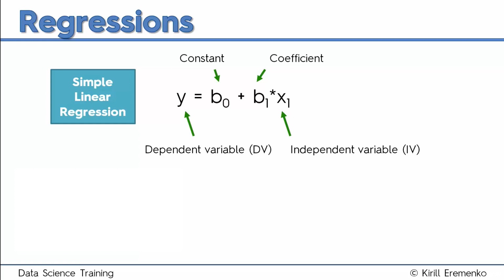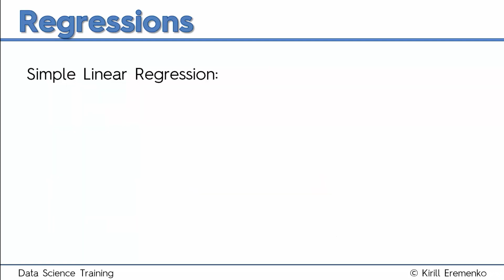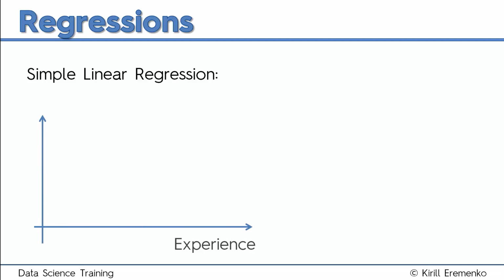And b0 is the constant, and we'll talk about the constant in just a few seconds. So now let's look at the simple linear regression because it's the easiest one to discuss. It's pretty straightforward. You can visualize it quite well. So here we've got the y and x axis. Let's look at that specific example where we have experience and salary. Experience is going to be our horizontal axis, salary is our vertical axis. And we want to understand how people's salary depends on their experience.